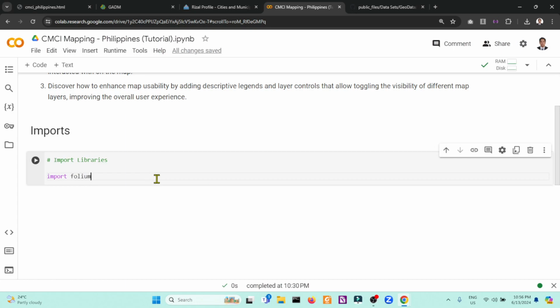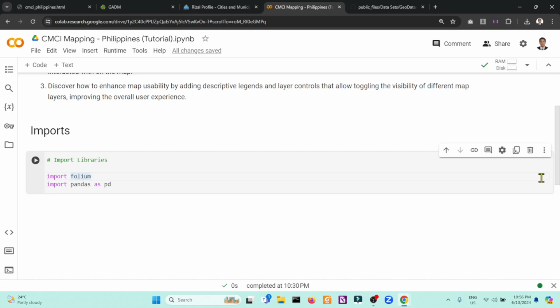So another import that we will need is import pandas as pd. So this line imports the pandas library and gives the alias of pd. So again, pandas is a powerful data manipulation and analysis library for Python.